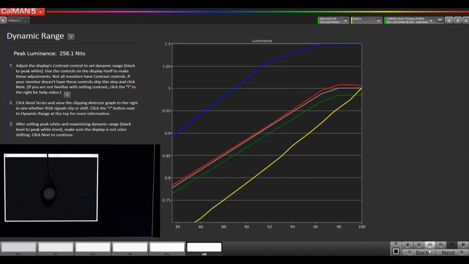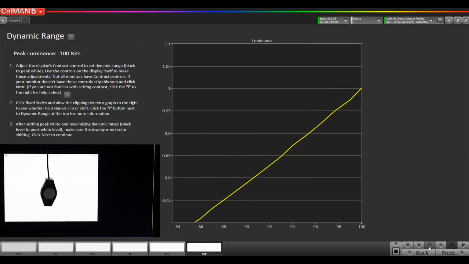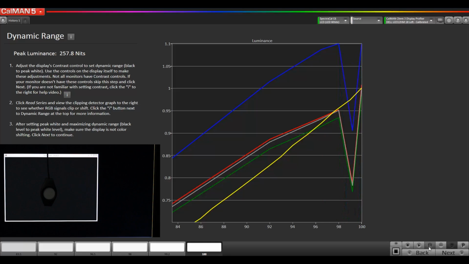And I'm going to do a read series to see if I can get those lines more parallel and not plateauing towards the top end. Looks like I may have helped a little bit of the problem, or actually, you know what, I think I may have solved it. Let's go ahead and, since this display actually has a brightness and contrast control, I'm going